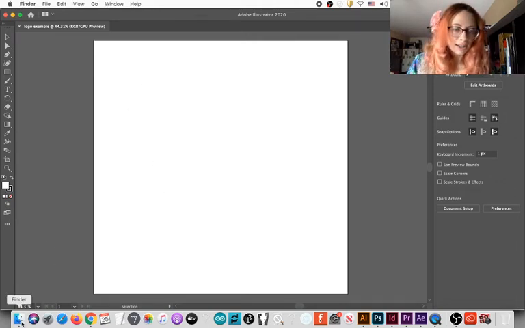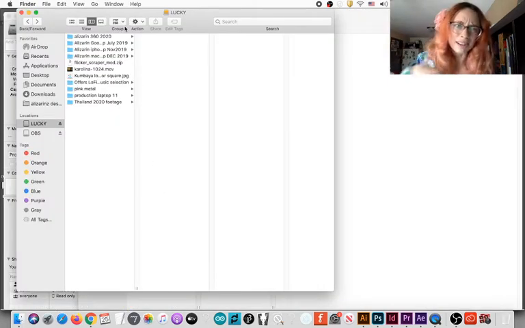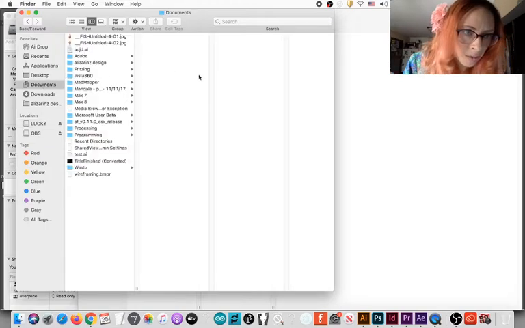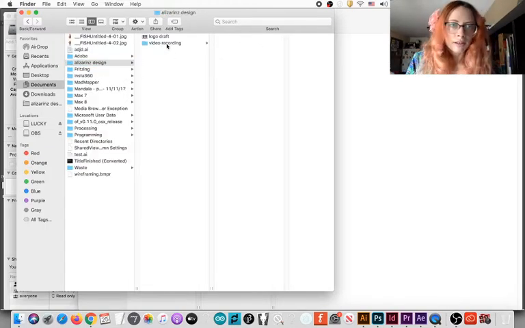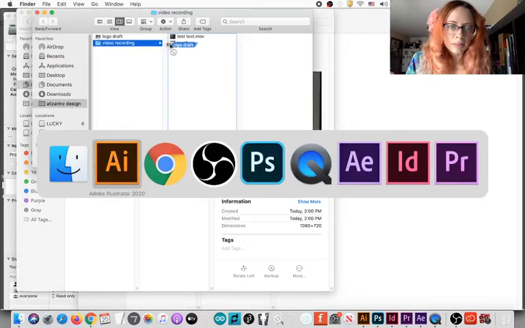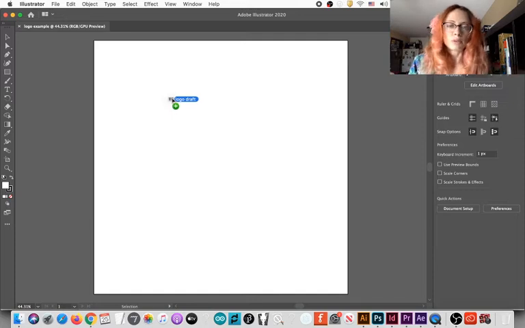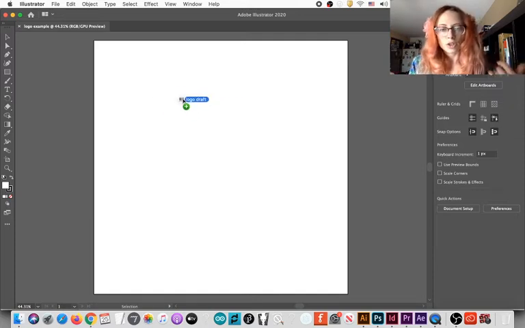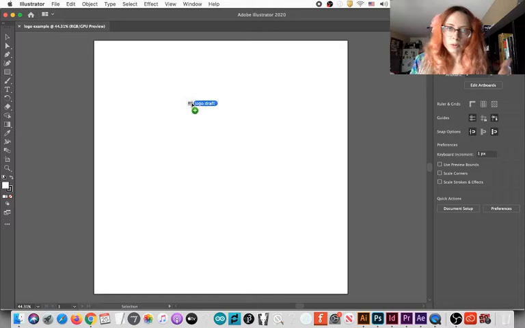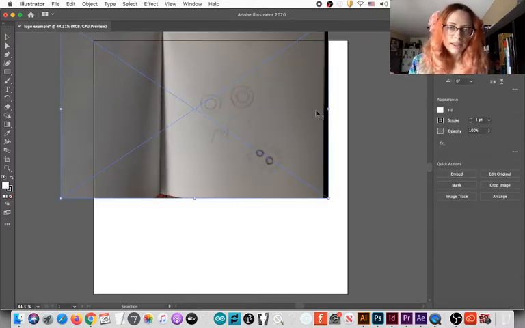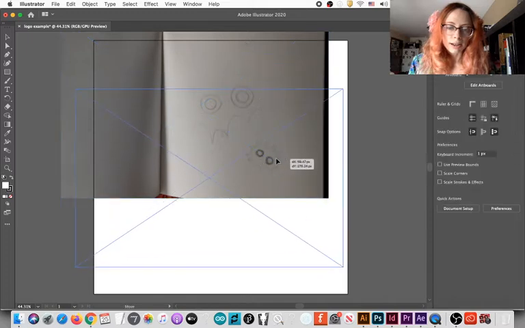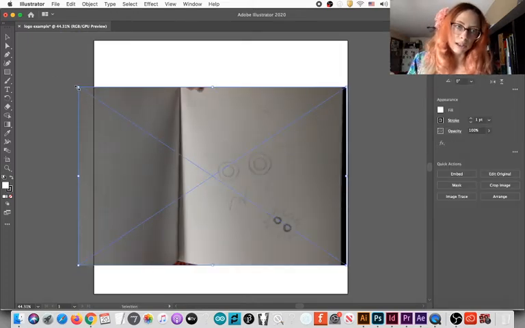So I took a picture of a scribble I made with pencil on paper. Very bad quality, but doesn't matter. So let me drag and drop it. You can just drag and drop any image into any of the programs we'll be working with today. I feel like if you can work an Instagram or Facebook story, you can easily grasp all those Adobe programs, no problem.